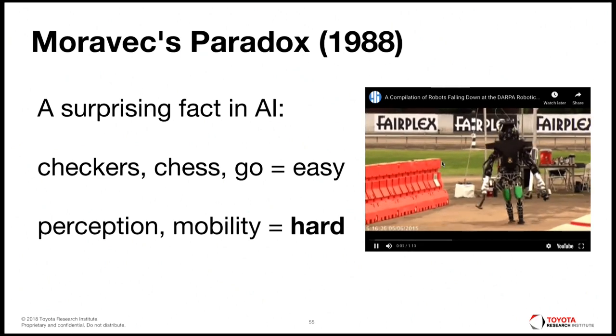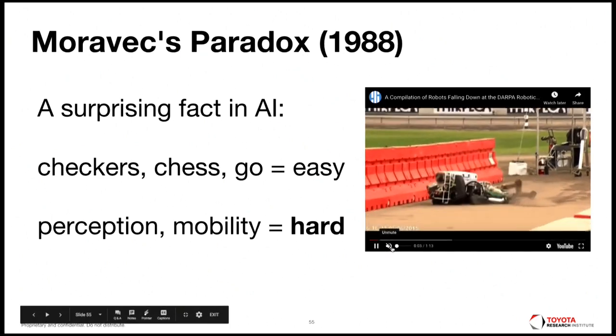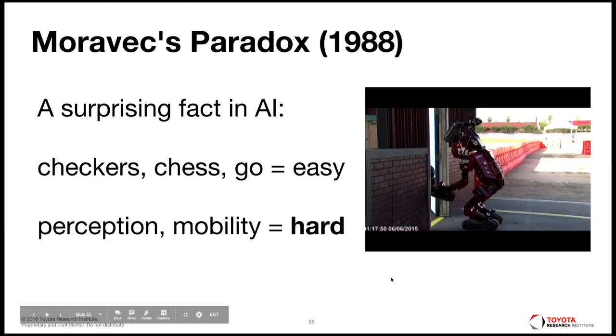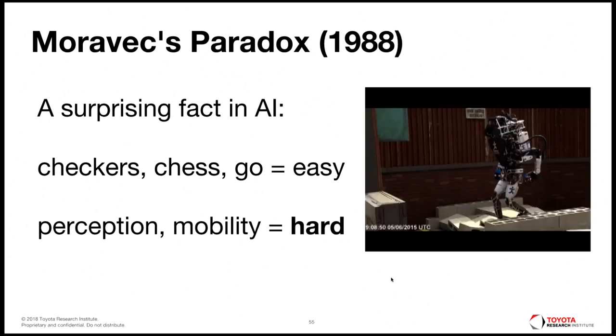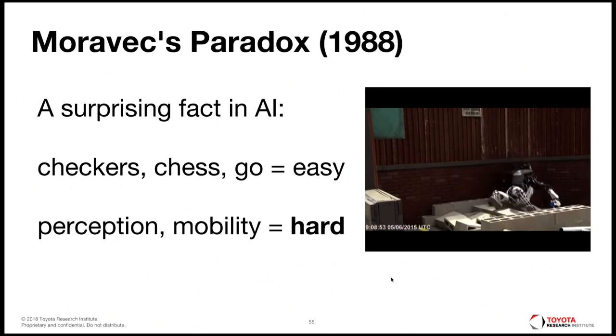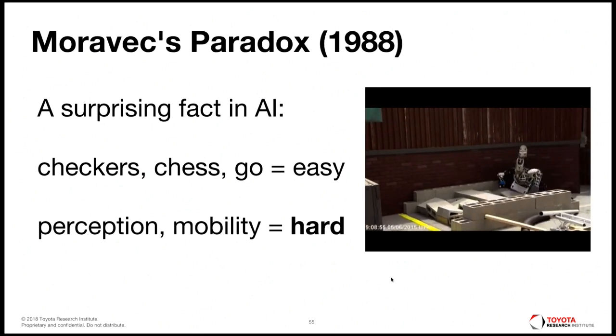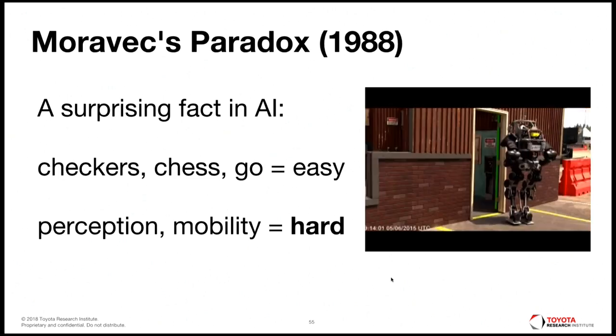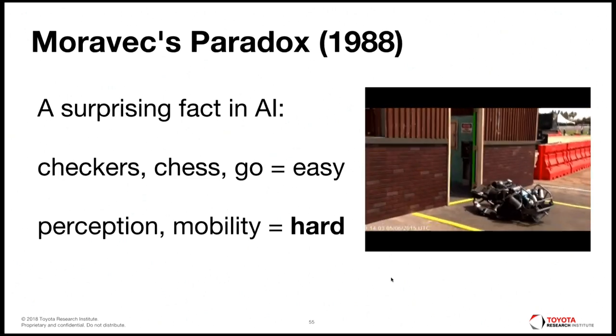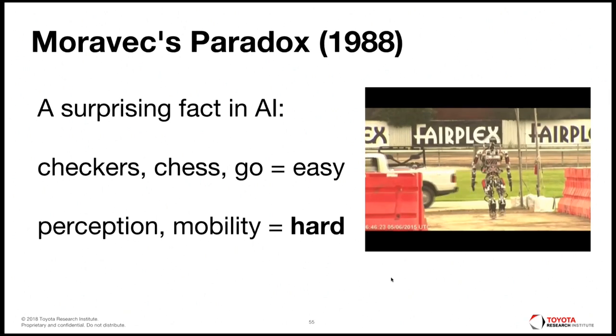Oops, without the music. So I mentioned a little bit that certain things might be harder than you think, right? And perception, et cetera. So there's this thing called Moravec's paradox, from Moravec in 1988. There's this surprising fact in AI